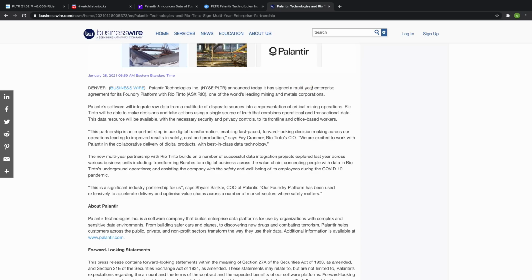So hopefully this is building up the revenue base even more for 2021 and helping grow some of those revenue projections, because we know that they were projected about a month ago from analysts to be in the $1.4 billion range in total revenue in 2021, but it seems that they've been picking up a lot of contracts that could push that up to 1.6 or 1.7. So we'll see how this plays out over the next couple of weeks,